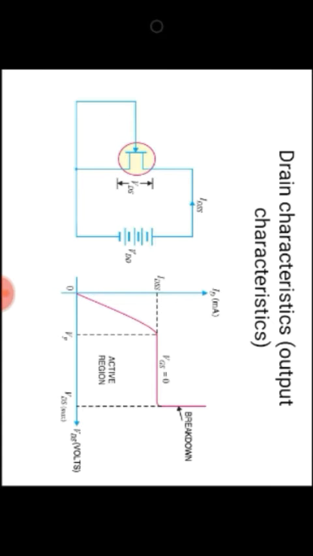It is the shorted gate drain current. It is the drain current with the source short circuited to the gate and the drain voltage equal to the pinch off voltage. It is also called the zero bias current. When VGS equals 0, IDSS is the maximum current flowing from the JFET drain to source. So this clearly shows the characteristic.